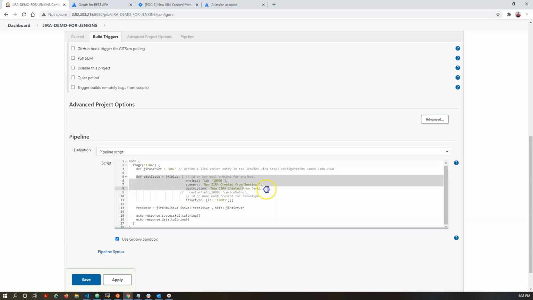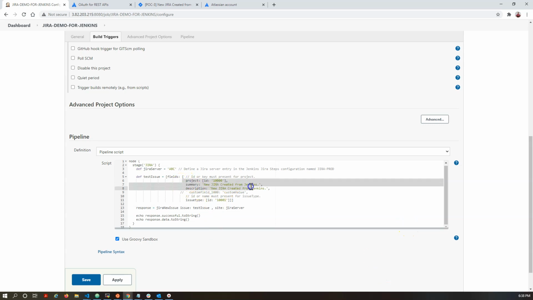Where I want to configure, there is a different configuration. I'm using the Jira new issue. You can take a different configuration over there. There are many other configurations where you can populate different information. You can even create a version or a component. But here we have taken the example of creating a new issue.